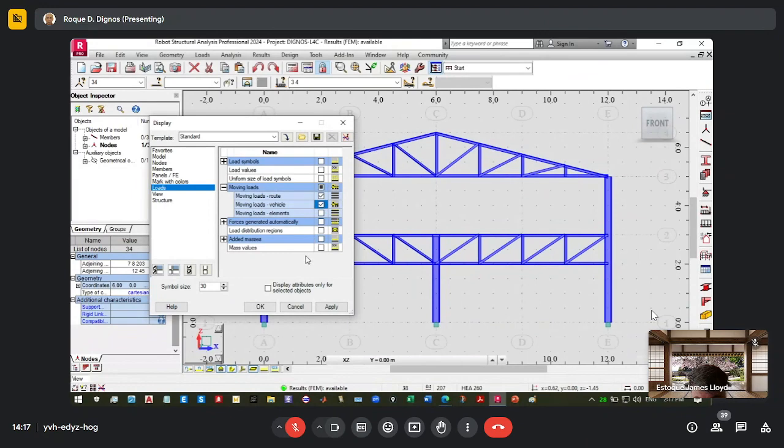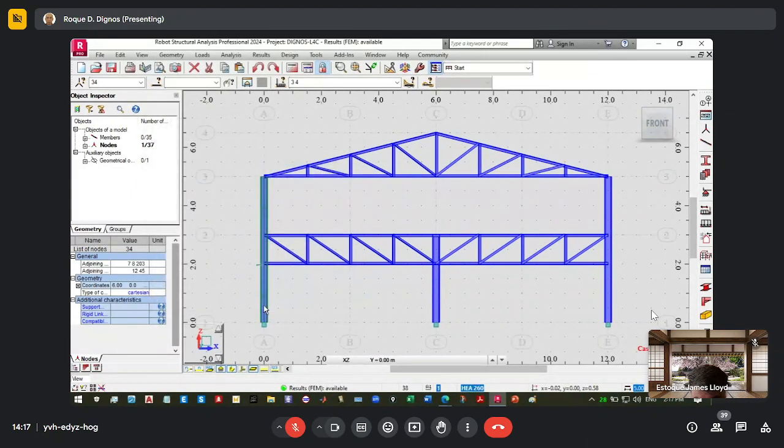Vehicle load and apply and okay. So we go to the moving load first. You can see here the moving load. Now we want to see the animation of whether we have really defined it correctly, that indeed this moving load will start here and move towards here.